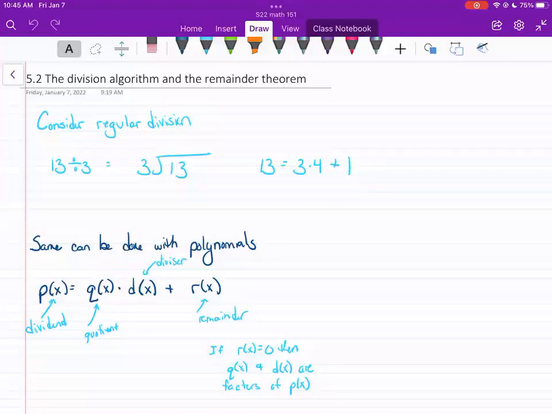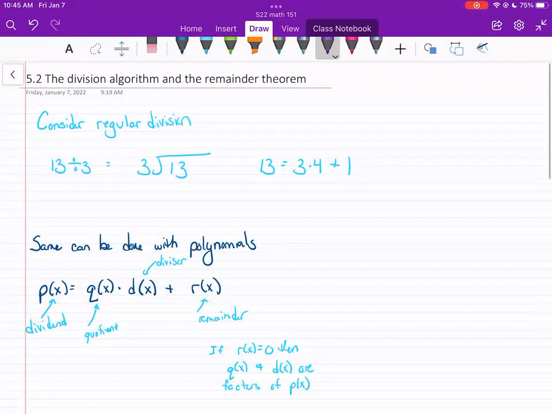Previously, we have worked with factored forms of polynomials, but what do we do when something is not easily factored? With quadratics, we could use the quadratic formula, but what about when we get to higher degree polynomials? Well, we're going to begin today by looking back at a process you're very familiar with, just basic long